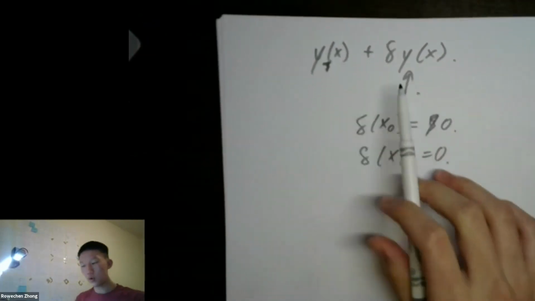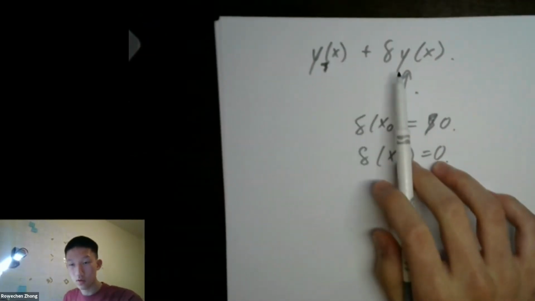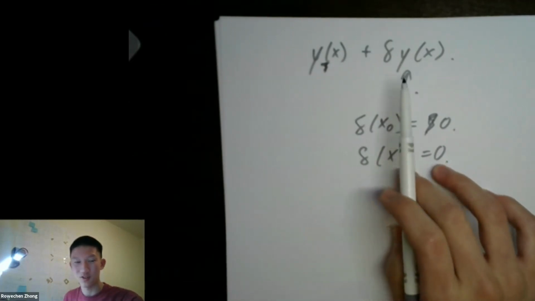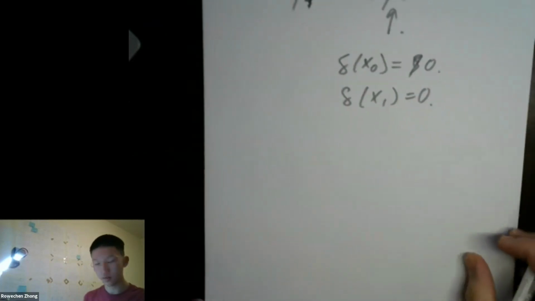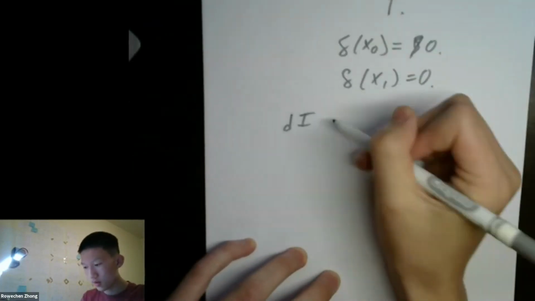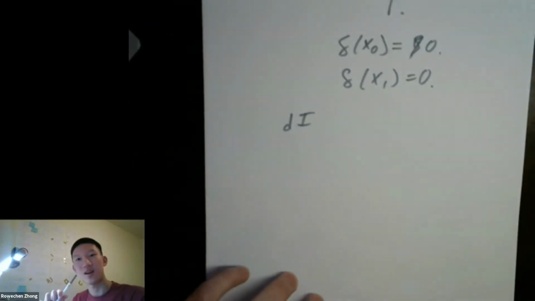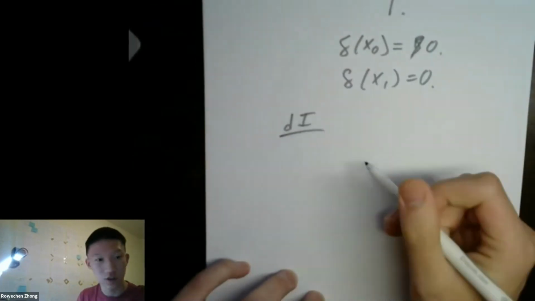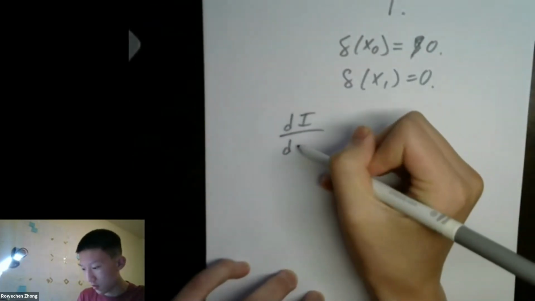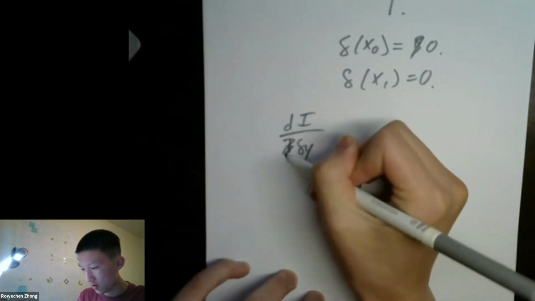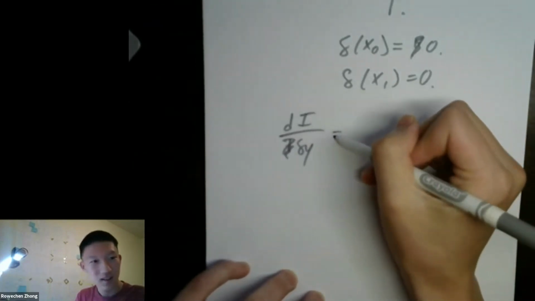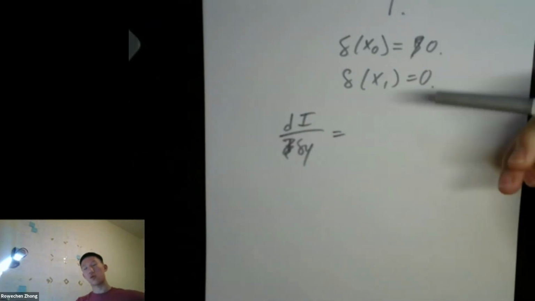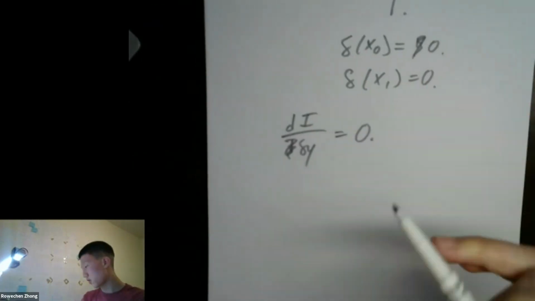Right? So now what we try to do, this is going to be very interesting, okay? What we're going to try to do, take the integral, this is not proper notation, this is a heuristic derivation. We're going to take this derivative with respect to y. How about that? This is going to be equal to what? This has got to be equal to 0. Why does it have to be 0?